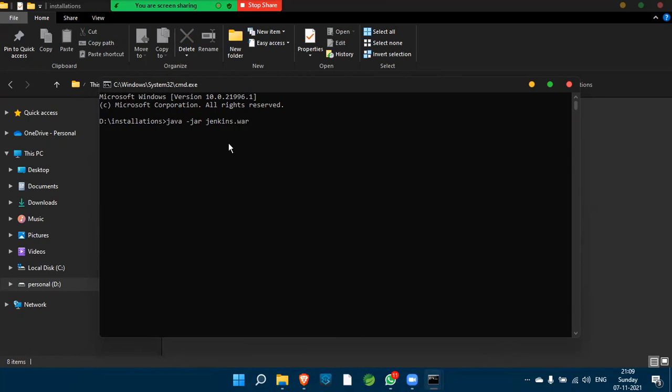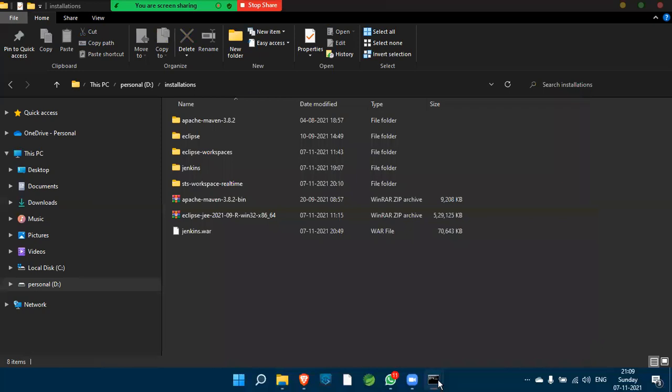This is the command. You can run this command in the same location where you downloaded the war file. Move to the same folder, and then run this command.